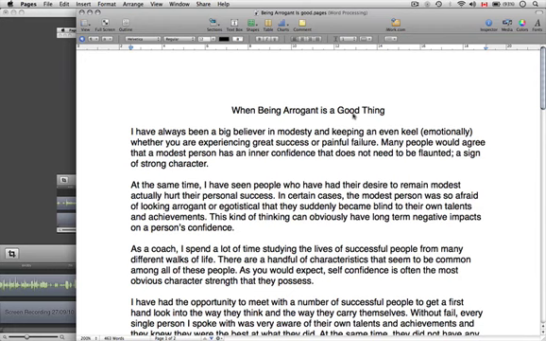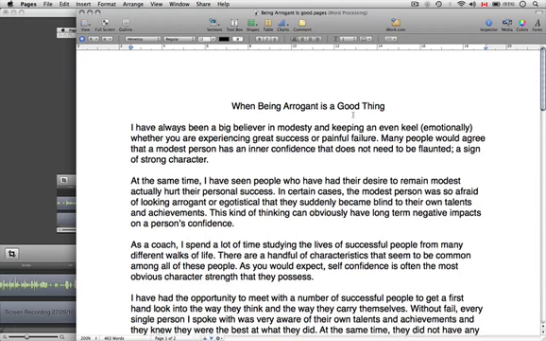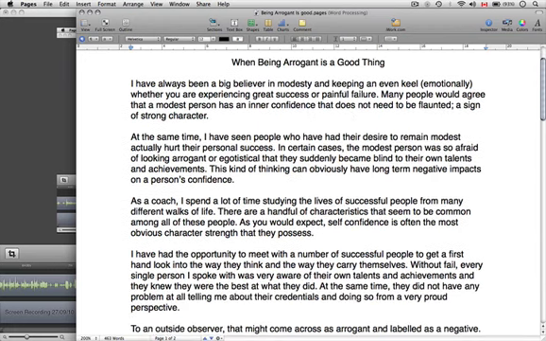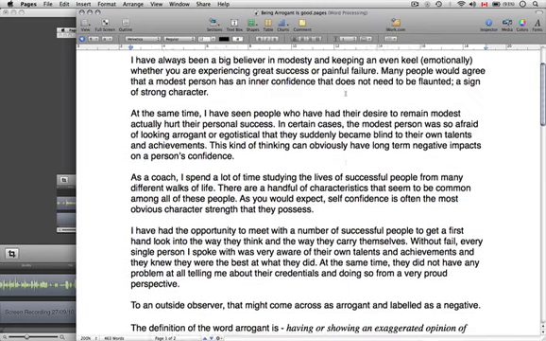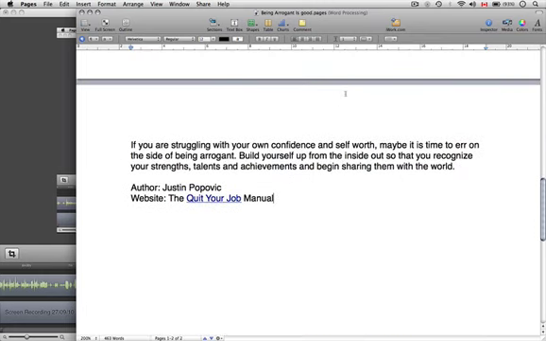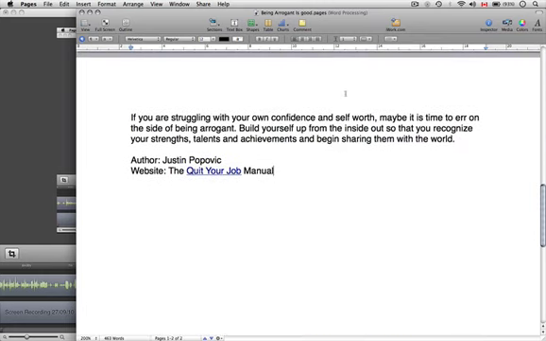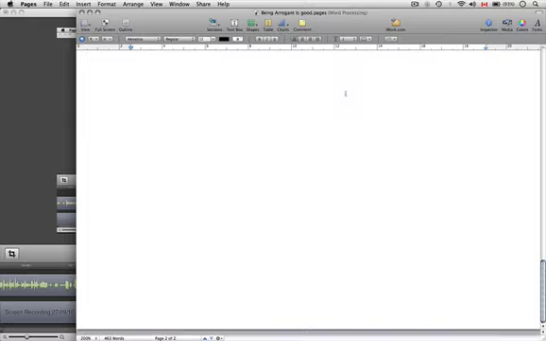So I'm back here at the article that I wrote, and this is in my word processing view. So I have Pages on the Mac open here. If you're using Microsoft Word or OpenOffice, that's cool too. It doesn't really matter, but the key thing now is I want to save this as a PDF so that I can upload it to a document sharing website.